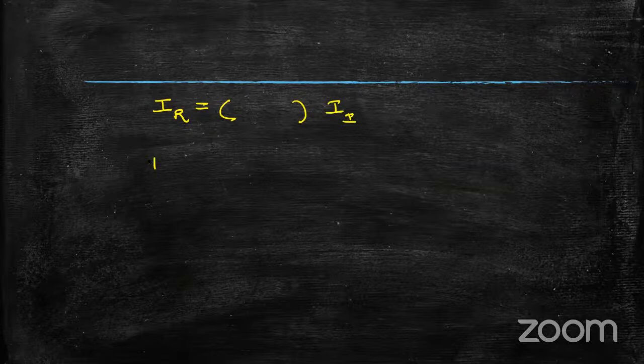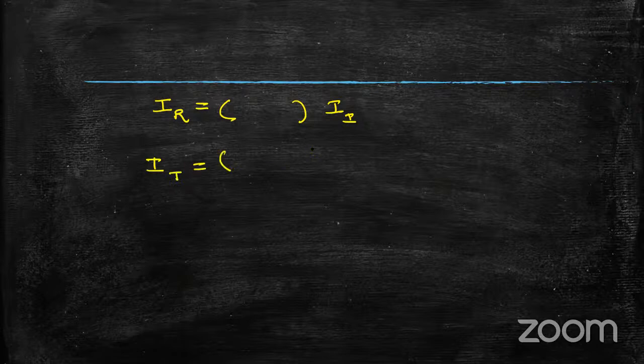Similarly, you can find out the intensity of the transmitted wave in terms of the intensity of the incident wave, right? And we know that the energy is conserved, right? So the intensity of the incident wave